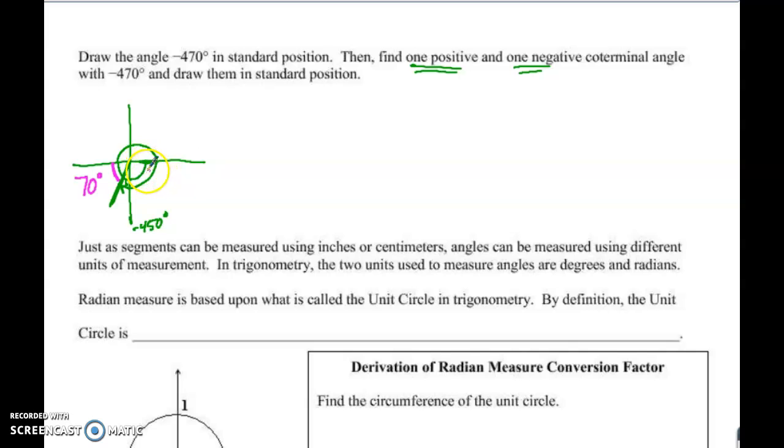So think about, well, what's another way that we could get to that same terminal? Well, what if we didn't do a full revolution and we just said, let's just do this kind of revolution right here. And some of you may already have the method of getting there: if you're undoing a rotation, you can just add 360 degrees to it, because that's one full rotation. And by doing that, what you'll see is, first of all, it's a negative answer, and the difference between those two is 100 and,